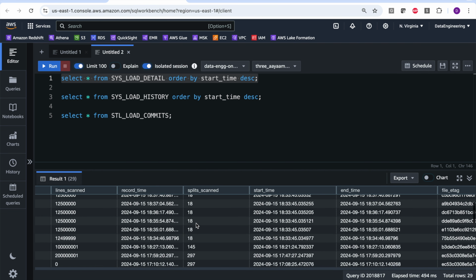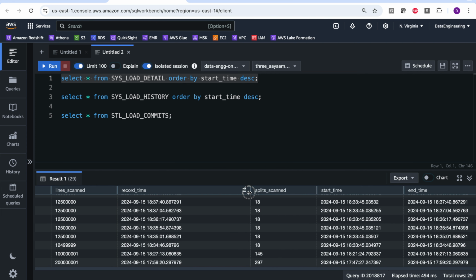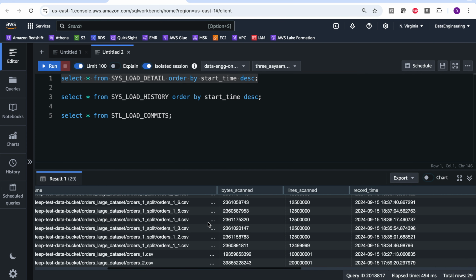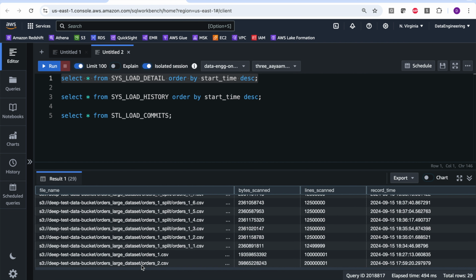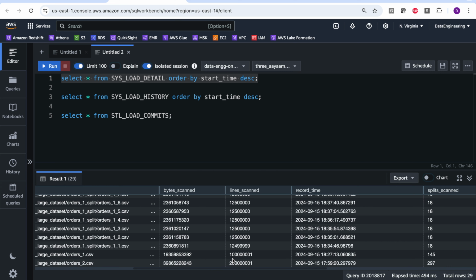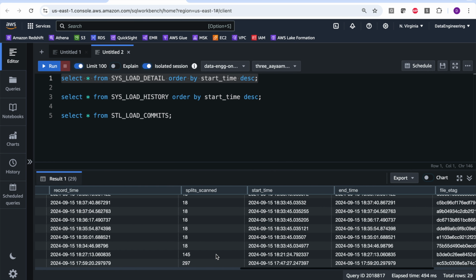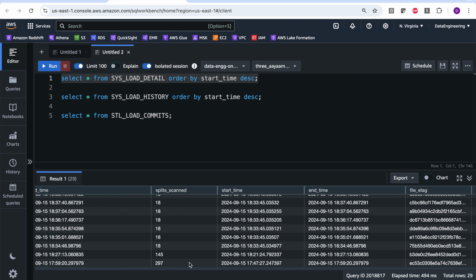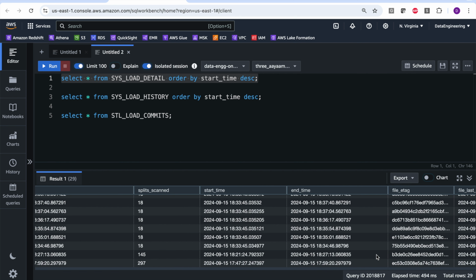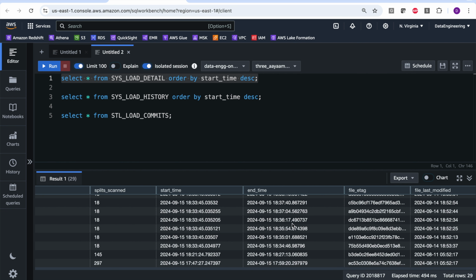Now if I go back to the previous one, which is this particular record 145, and if I see, this is the orders underscore one file. This is the file that I had loaded, and it loaded 100 million rows, and the split was 145. So the file, a single file, was split 145 times. Now here the files were also split, but each file was split 18 times and they run parallelly. And in this case, it started at around 1821, ended at 1826. So there's a little bit of time difference, but as I said, it would increase as we increase the size